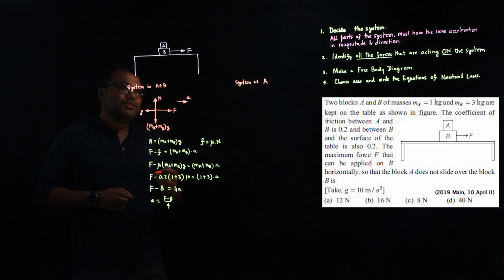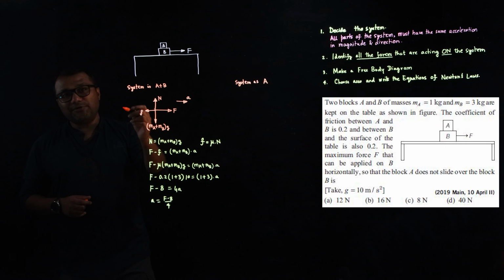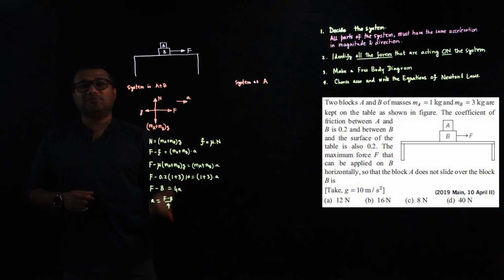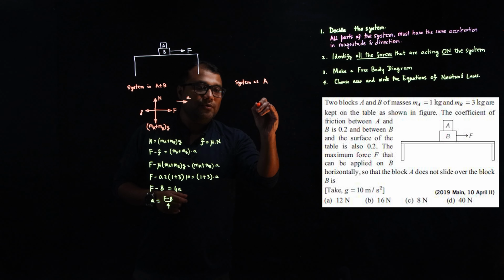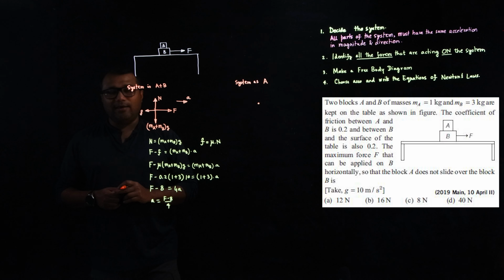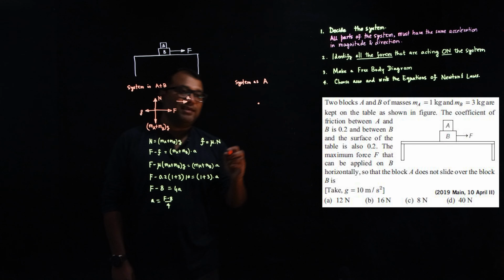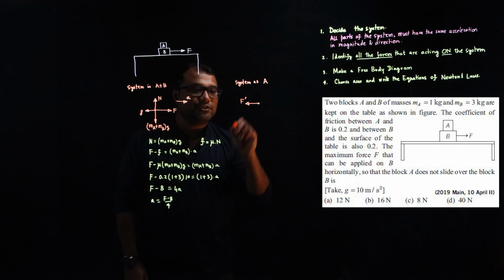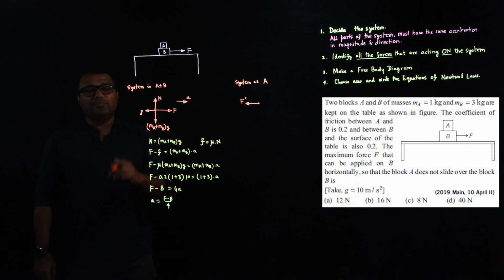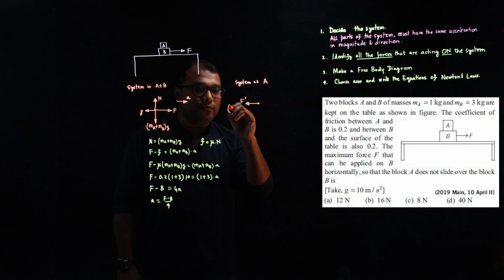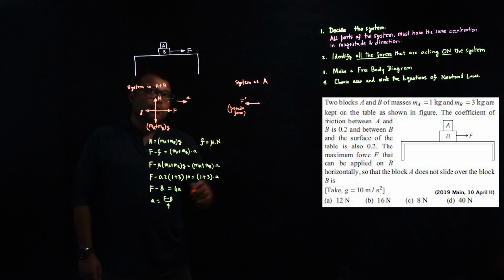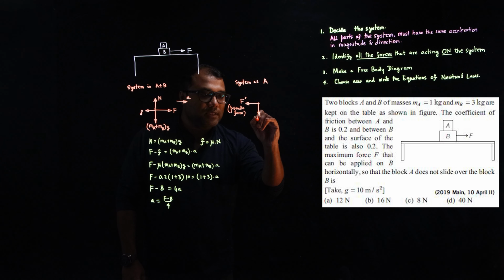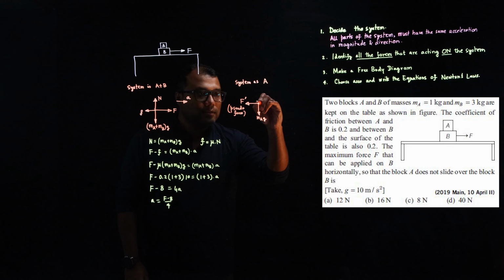So to make that an inertial frame of reference, we have to introduce a pseudo force opposite to the direction of F. So when we draw a free body diagram of A in the frame of reference of B, we have to introduce this pseudo force F dashed opposite to F. Now this is MAG. There is some normal reaction, let's say N dashed,